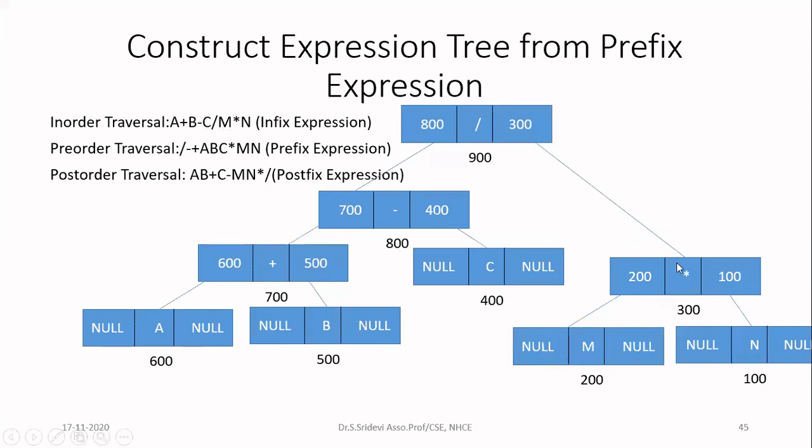Now I will be printing the root node, that is multiply. Then with the help of 100, I'll go to the right subtree. In the right subtree, in the node I have null. That means it does not have any left pointer for this. So I need to print only the root node. N is printed. After that, I'll check whether it is having any right subtree. That is also null. So I'll go to the previous root. So I'll come back here. Now for multiply, the entire subtree is finished. So now we have printed N also. So the entire subtree is over. So you can go to the parent. In the parent, we have finished the left subtree already. Root is over and then the right subtree is also over. That means that we have finished the entire expression.